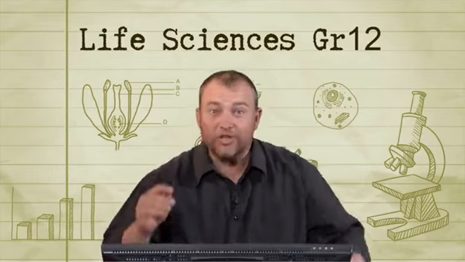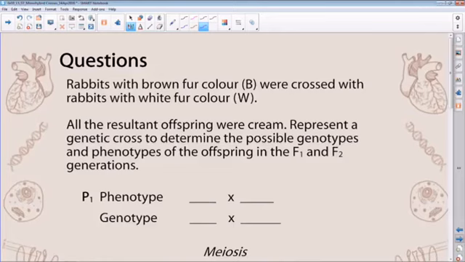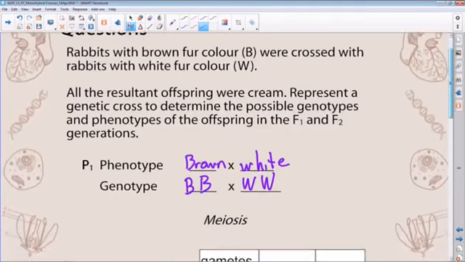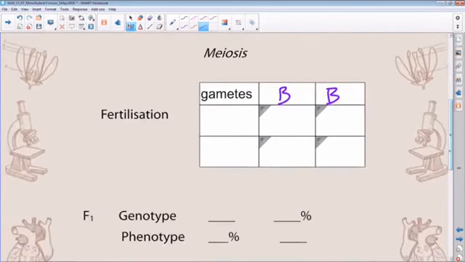Okay, let's have a look at the results that we got. We're going to go through this quickly, so you've got to listen. The phenotype of the parent, remember we said, was brown, and the other one was white. We said that we were going to use capital B, and the homozygous, we're going to use capital W. Yes, we can use W in this because there are no small letters. Let's see. We create the gametes, so it's big B, and I bring it down, and it's W and W, and I'm going to end off with all of them